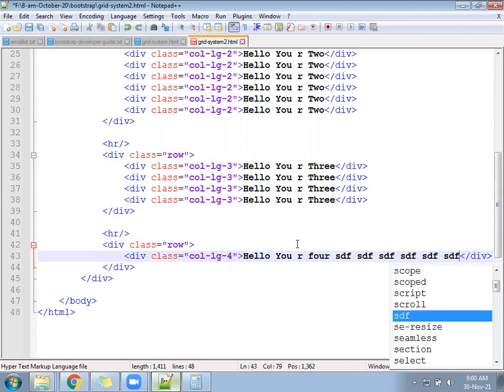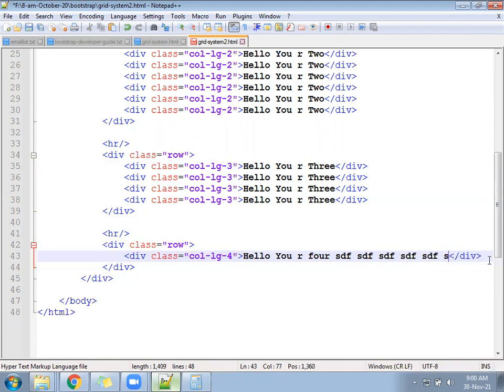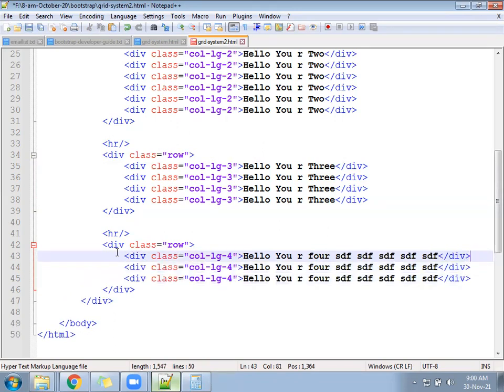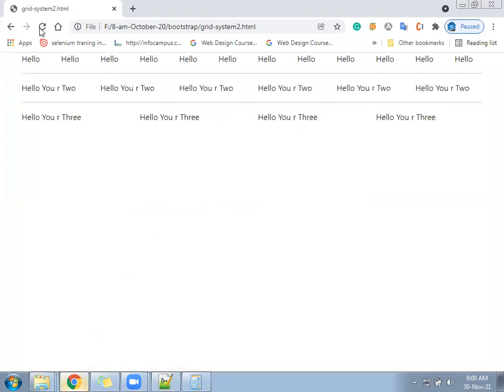So 4, 4, 4 will come how many times? 3 times. 4, 4 and 4. Check now. So it is printing 4, 4, 4.